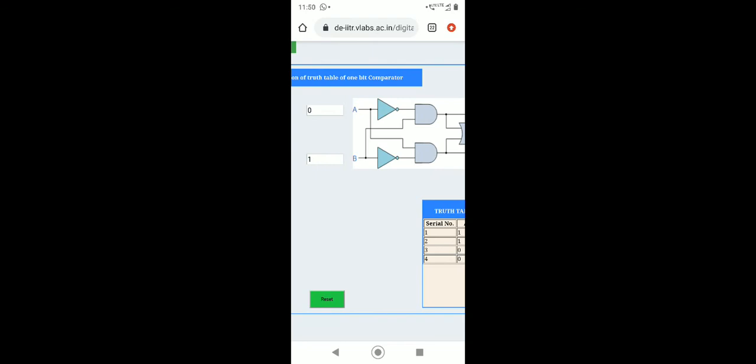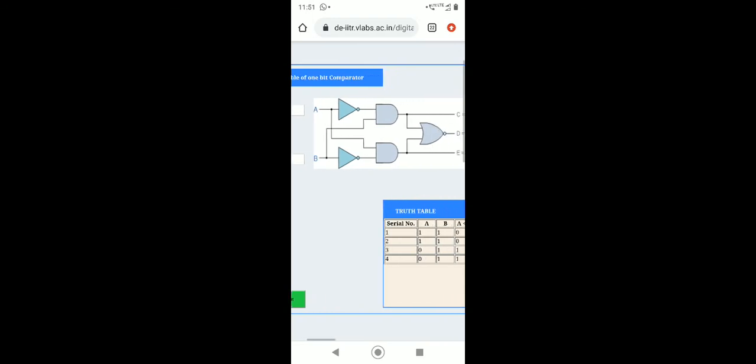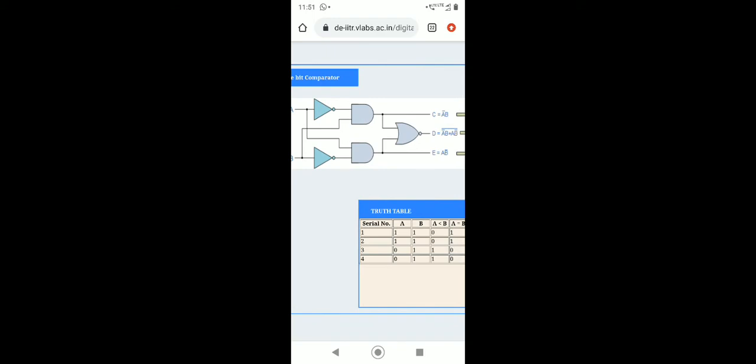So the output of the first AND gate will be 1, from the truth table of the AND gate. I think you have the knowledge. Then we will consider the second one. In the second AND gate, the A input will be 0 and the B input will also be 0. So here the output will be 0.